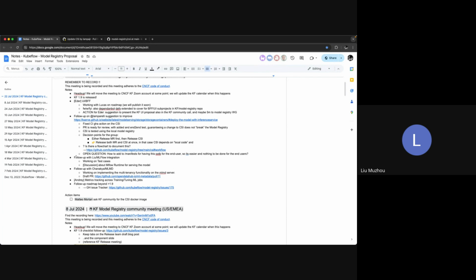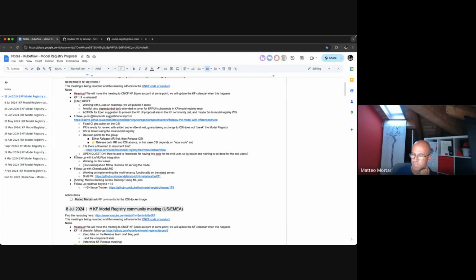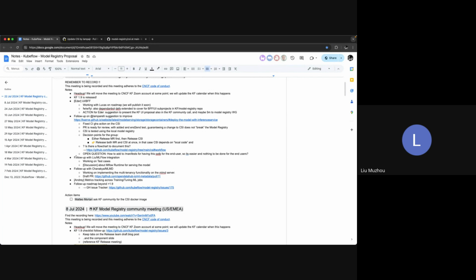So I'm thinking that if we change to the MLflow runtime, MLflow itself can handle the backward compatibility. I see. So this is more related to the internal file format that MLflow is using to track the metadata. Is this what you're referring to, that may change across different MLflow releases? Yes.